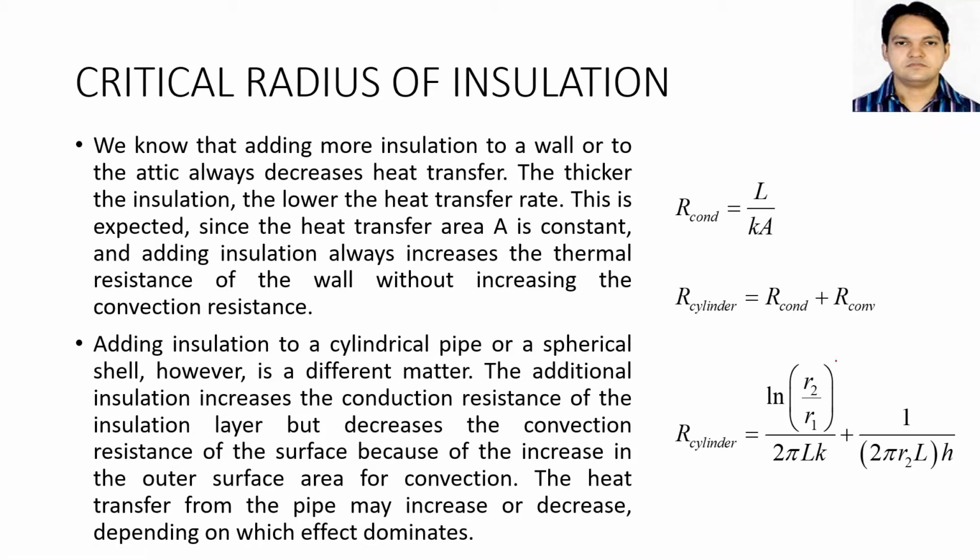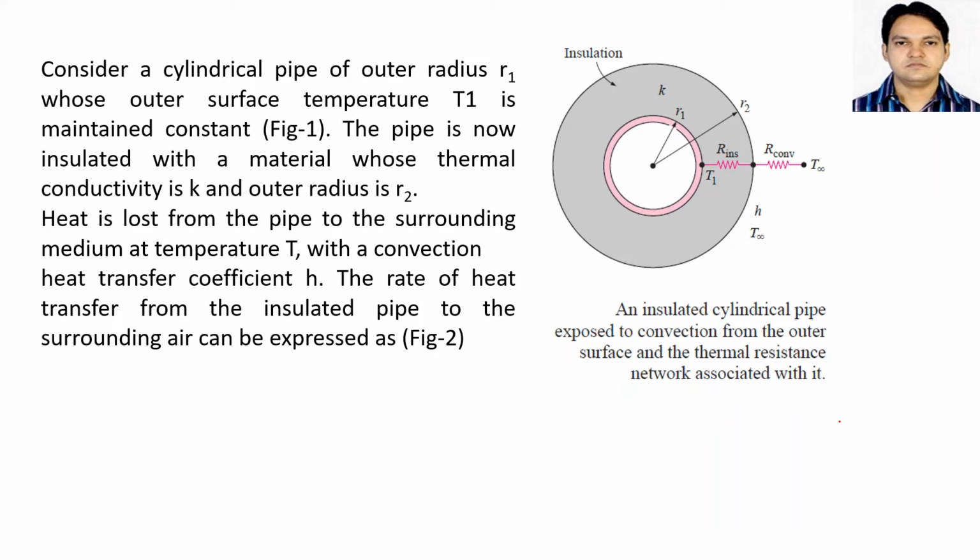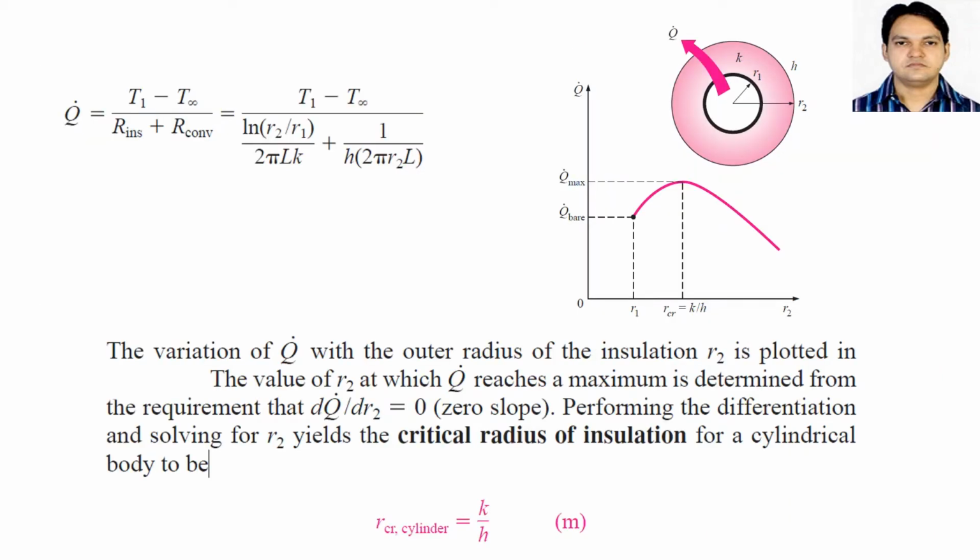So when we want to talk about the net effect, we have to check both criteria: what will happen with conduction resistance and convection resistance. If the increment is more than the decrement, then the net effect will be increasing resistance, and that will be useful to minimize the heat transfer. We have already discussed this, and I have already shown you the figure. What we will do today is a calculation. We will take some numerical values of radius, calculate the conduction resistance as well as the convection resistance, and plot a graph.